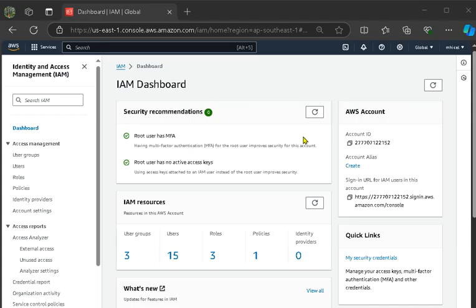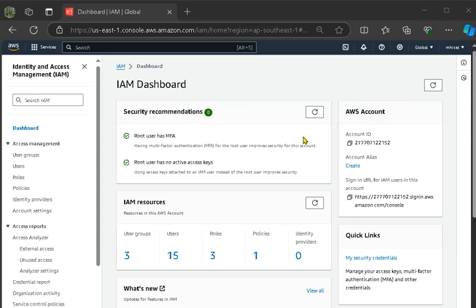There are 3 options you can go through. For me, I just scan the code, enter the 2 consecutive MFA codes generated by the Google Authenticator, and then assign that MFA to complete the whole setup process.